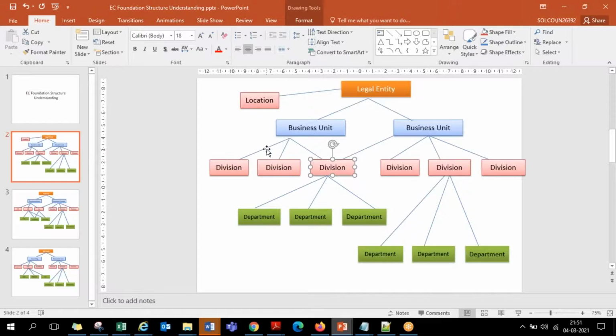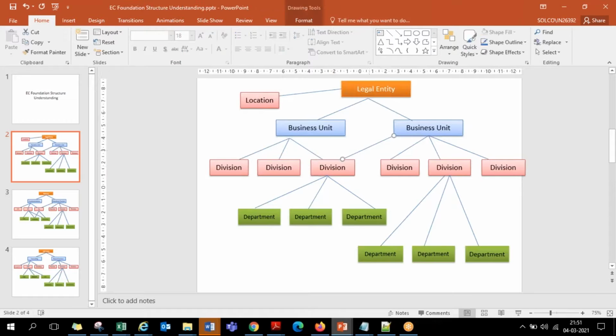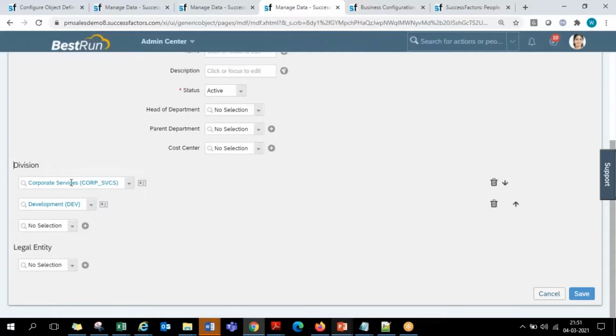So for these two divisions, it's only one association, only one parent. But for this division, this side one business unit, this side another business unit, both are connected. That is where by default we keep it as many. Wherever you have only one relationship required, you may link it with only one division. If you want to link it to 2 also, 3 also, it's up to you. It depends upon the company structure requirement.